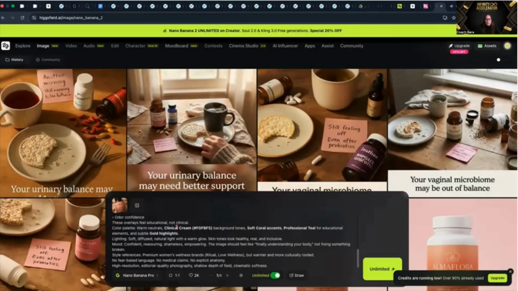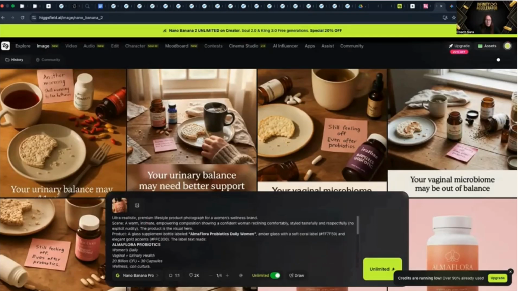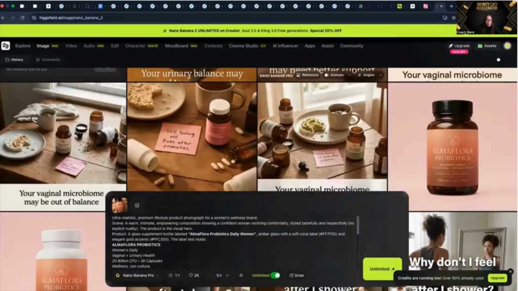Okay, so once you have your image, you can come and add it to your assets there, and you can continue to use it. But you need your product and then the prompt, and then Nano Banana Pro, one by one, unlimited again, and then click go and wait for it to create the image. Okay, so